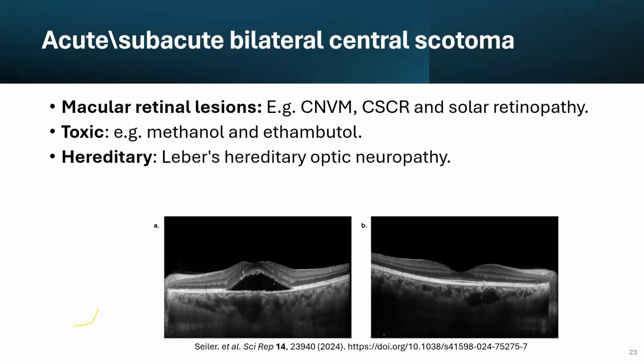Hereditary, like Leber's hereditary optic neuropathy, can come with one eye, acute painless loss of vision, and then a few weeks or a few months later, the other eye will be affected. Or bilateral optic neuritis. So, in a patient with bilateral central scotoma, make sure the eye is normal, the retina is normal, ask about the family history, ask about methanol use or medications, and then do MRI to make sure it's not optic neuritis. The MRI that should be done, I will explain in the optic neuritis talk or slides.